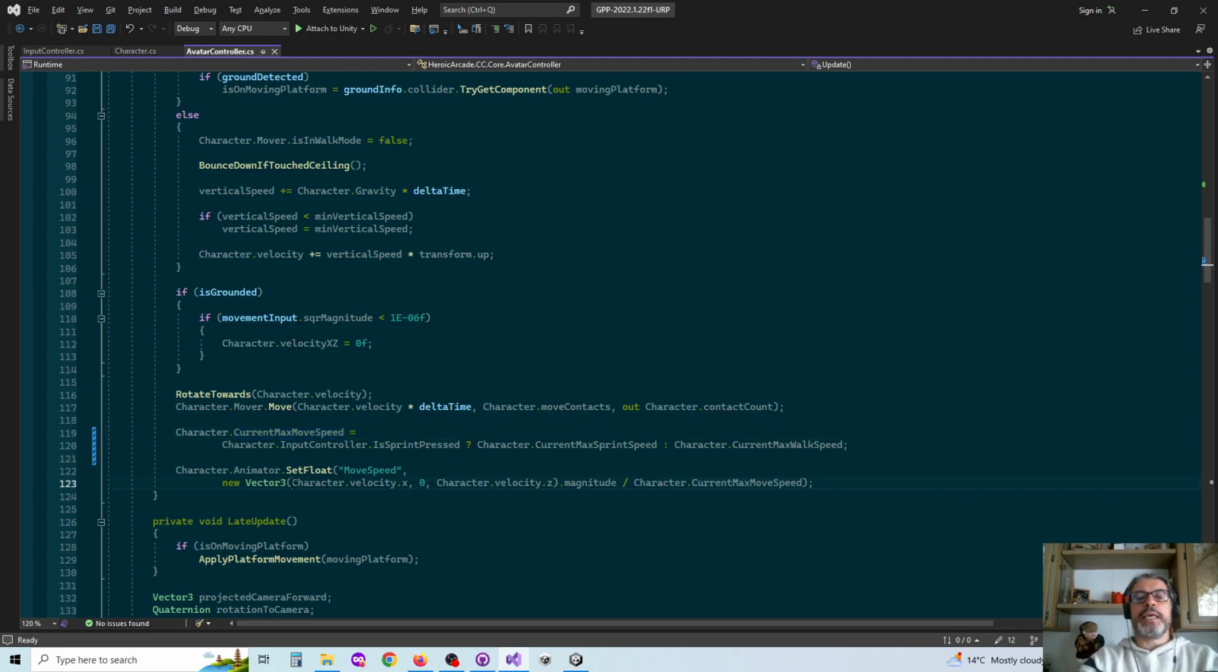So you basically take the character velocity x and z component, you calculate the magnitude, and this value can go from 0 to 3 if you are walking, or from 0 to 6 if you are running, and then you divide by respectively 3 or 6, depending on whether you are walking or running. And notice that this max current move speed influences also this value,